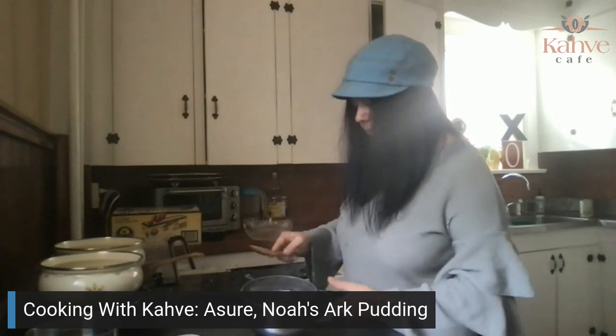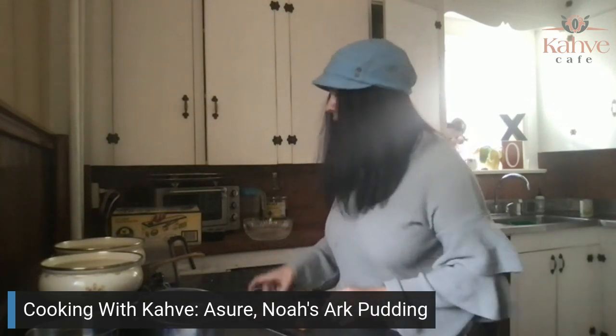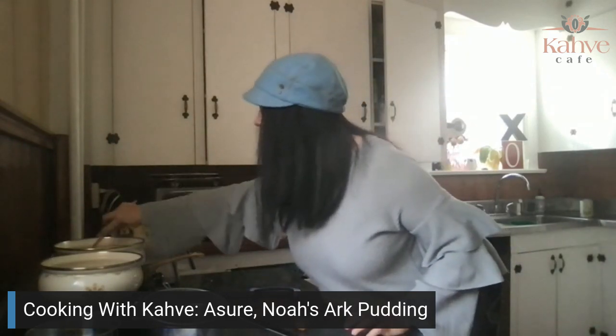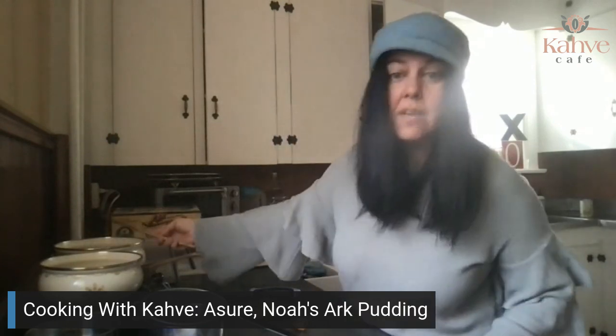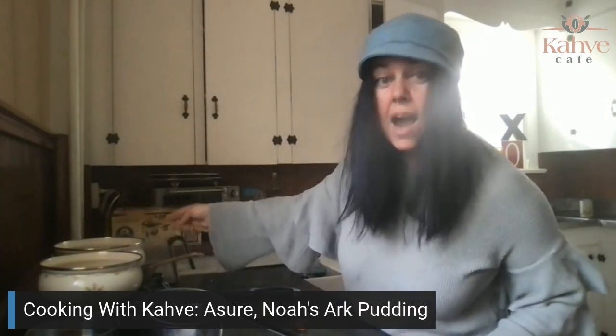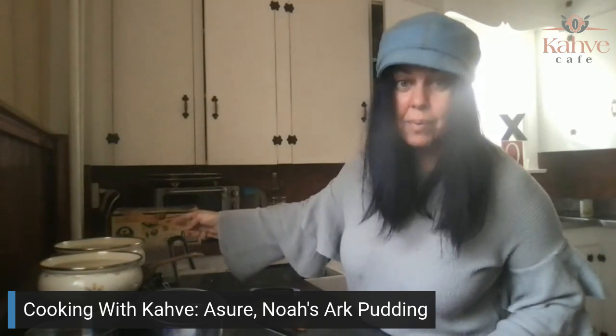All right. We're just going to leave our cherries there for right now. All right, our barley is starting to come up, and we're just going to simmer it. And halfway through, and again, I don't know what halfway through is, it says in the recipe, halfway through the cooking of the barley, you're supposed to add the apple and the